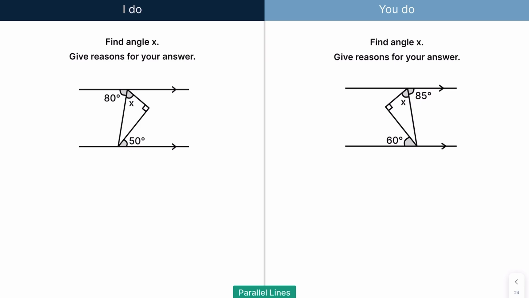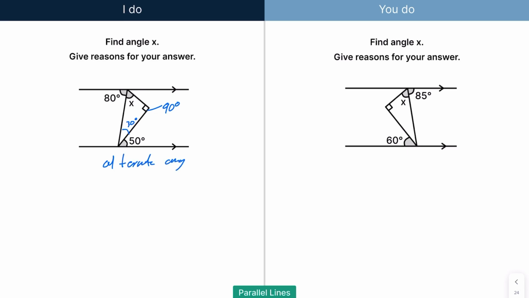And now, moving on. So we've been asked to find angle X. So the way I would do this is, so we know that's 90, so we have this already. So all we need to find X is that angle there inside the triangle. Now to find that angle there, this here is a Z angle. So we know if this is 80, this whole thing is also going to be 80. So we know that from here to here, it adds up to 80. But this bit here is 50. So I know that this bit here must be 30. And the reasoning here you would give is just